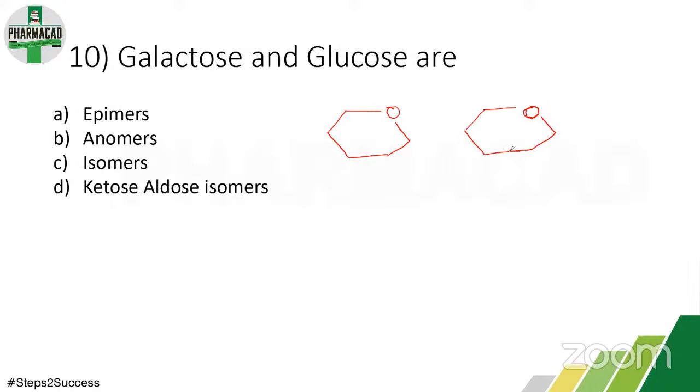This is glucose, galactose, then CH2OH, hydrogen on this carbon, hydrogen OH, OH hydrogen, OH, OH hydrogen. While in case of galactose,